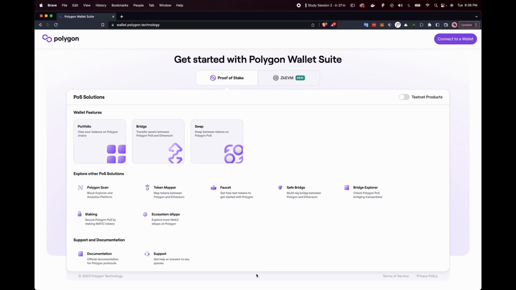Before we begin, let's look at some of the features available on the proof of stake side. In terms of wallets, we have a portfolio link here that shows you all of your assets on Polygon. We also have a bridge that allows you to transfer assets between the Polygon proof of stake network and the Ethereum Mainnet. You also have a link here that will show you how you could swap tokens on the Polygon